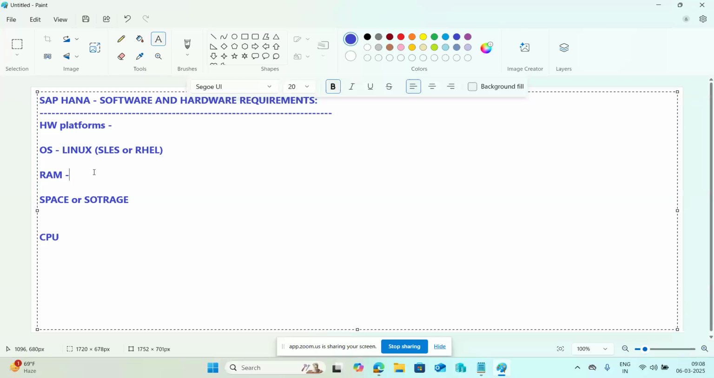So HANA, why? Because in the HANA database, all the data will be residing in memory. In memory means physical RAM slots. So we have to plan the RAM size very carefully here. The RAM size will depend upon